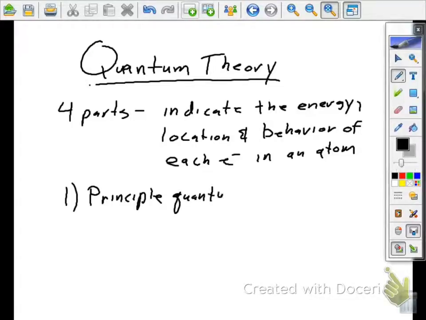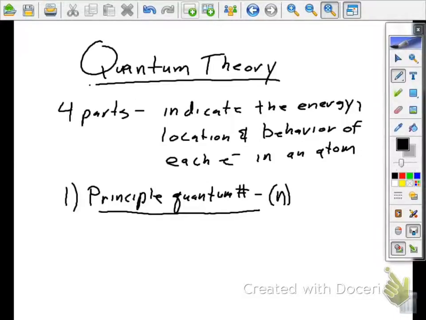So these all end in quantum number. Now, some of them aren't numbers. We could give you the rationale for that, but we're not going to. The principal quantum number is symbolized as N. Like in math, you might say P equals 1, or D equals minus 3, or D equals minus 5, it changes. So this one's going to be N, and it's going to be whole numbers 1 through infinity,